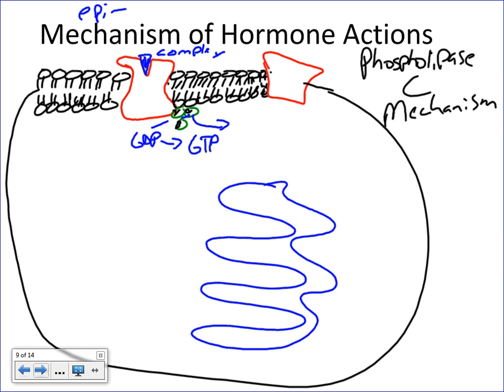So now this is where the differences come in. Okay, this is where the differences come in. This GTP, okay, there's a different membrane protein here in this cell, and this is the phospholipase C, this enzyme. Okay, so this GTP is going to activate phospholipase C. Okay, and then what's going to happen